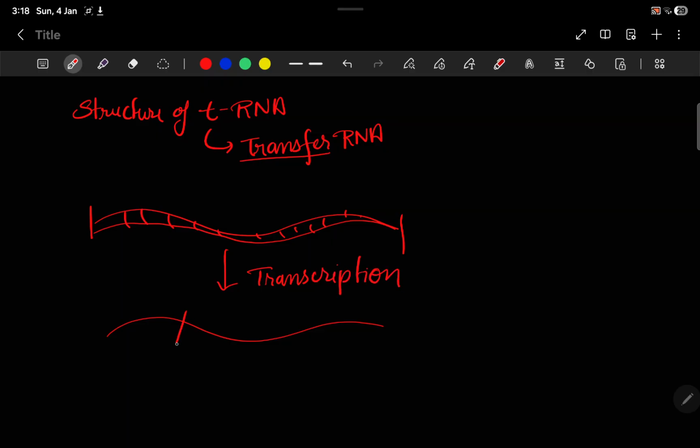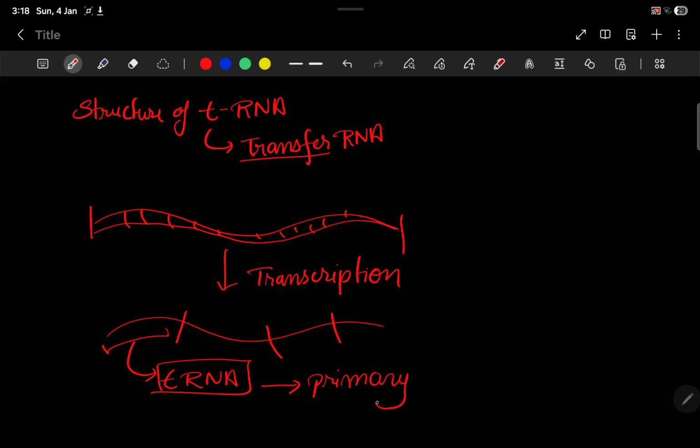This RNA is cleaved into smaller RNA elements, and these give origin to tRNA. Because the tRNA is single stranded, and you see there is no pairing or anything, this structure will be called the primary structure